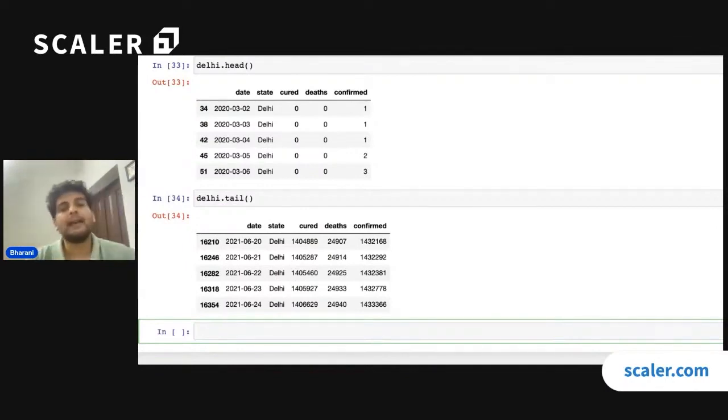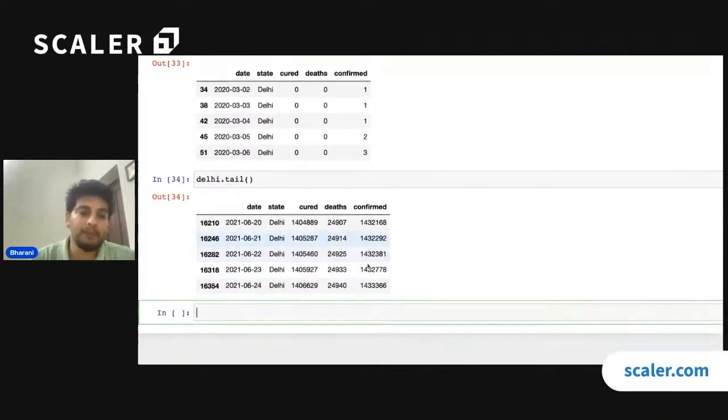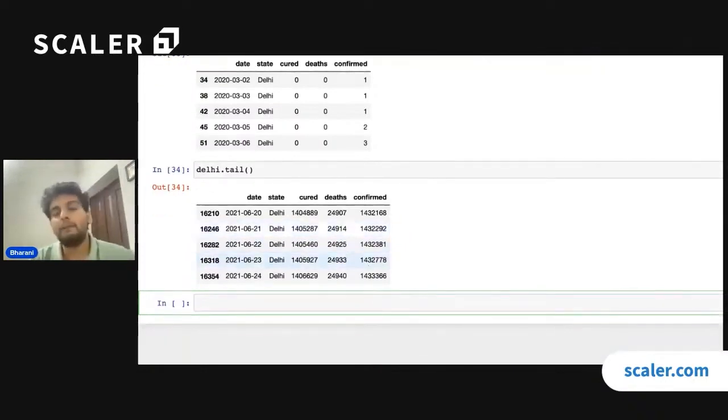Now, I'd also want to analyze how these confirmed cases have increased across all of this time period. For this, I can make a line plot. So let me go ahead and make this line plot. I shall write sns.lineplot, and on the x-axis I shall be mapping the date column, and on the y-axis I shall be mapping